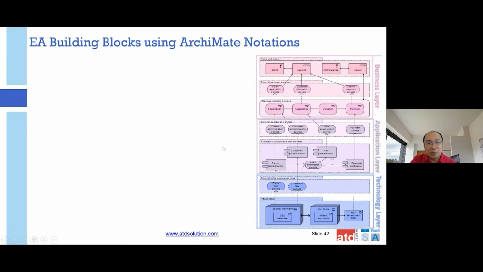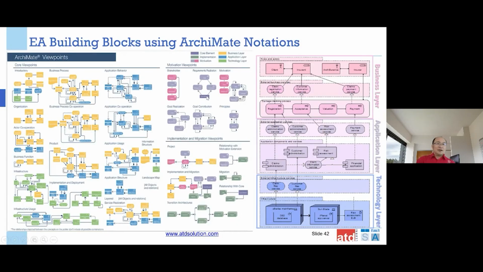So technology is actually supporting the business and supporting the application, and the application is supporting the business. So we can see the interdependency. If there is anything that we want to upgrade in terms of the network, the router, the server, or moving to another data center location, what is the impact to the application and business? You can trace it from here. And of course, all of that is modeled using ArchiMate.